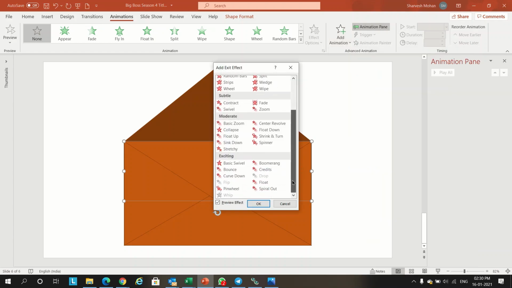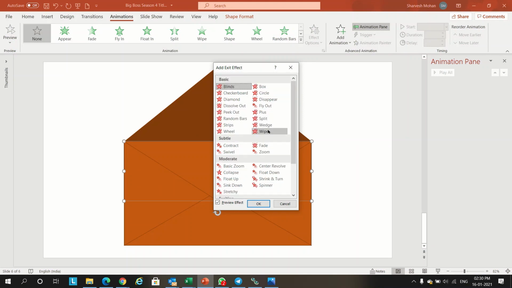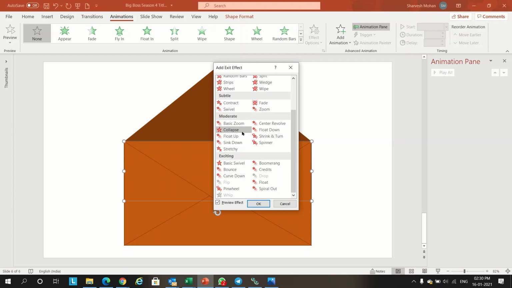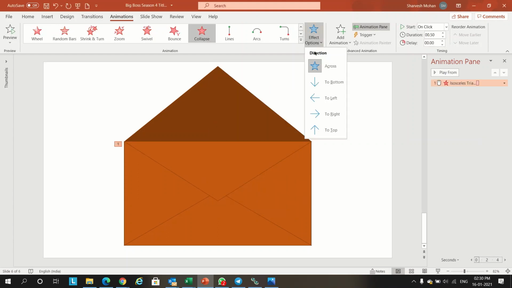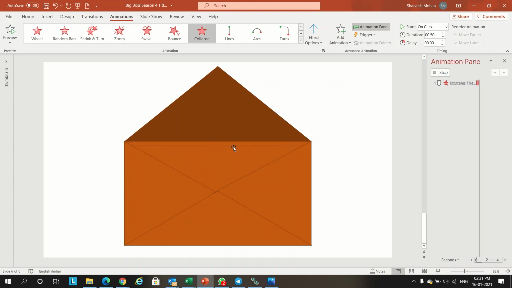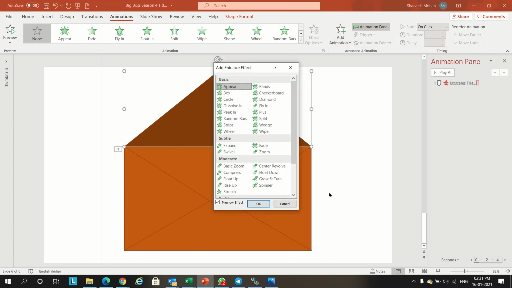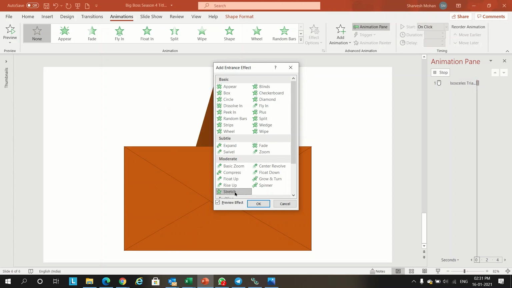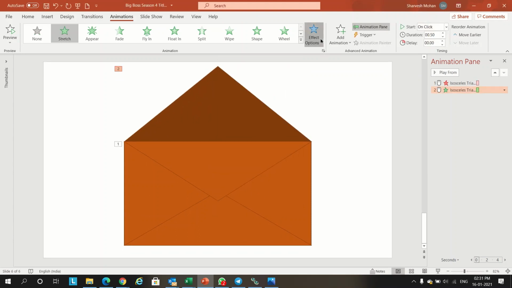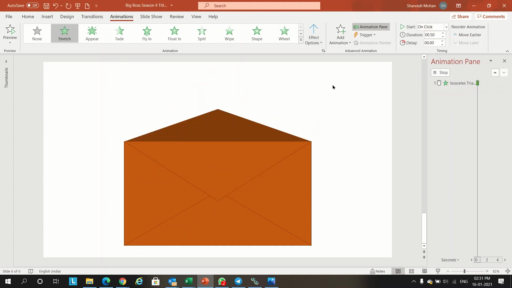Let's select the option called collapse, and that should happen from the top. So this will open like this, and for this one we have to give entrance animation, more entrance animation. Let's give a stretch, that should happen from the bottom.